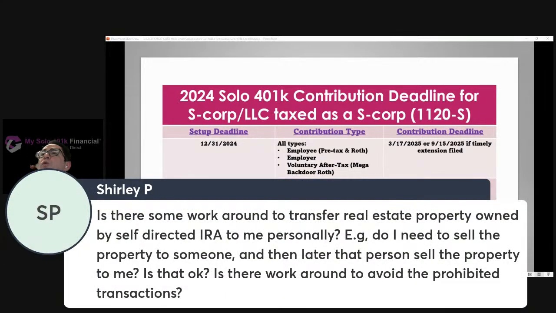Now, the follow-up question is, there's some workaround to transfer real estate property owned by the self-directed IRA to me personally. Do I need to sell the property to someone and later that person sells the property to me? Is there some workaround to avoid the prohibited transactions? So